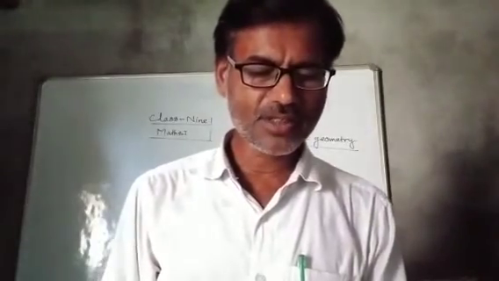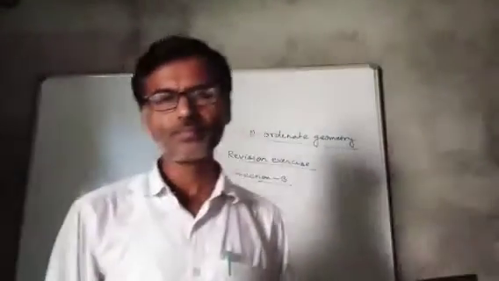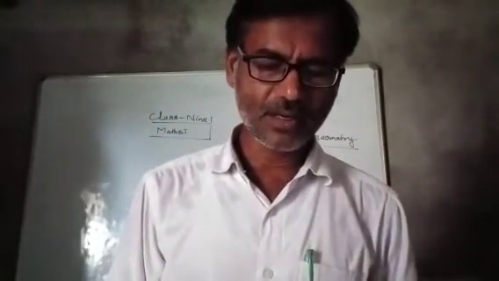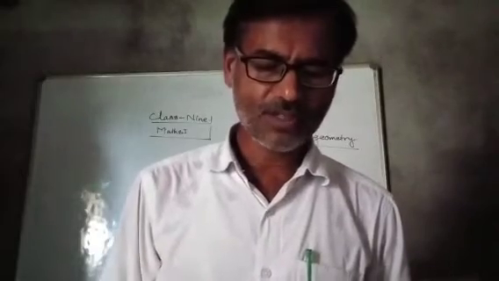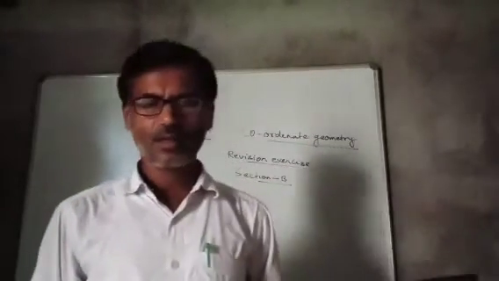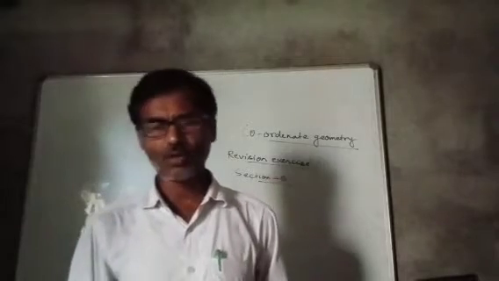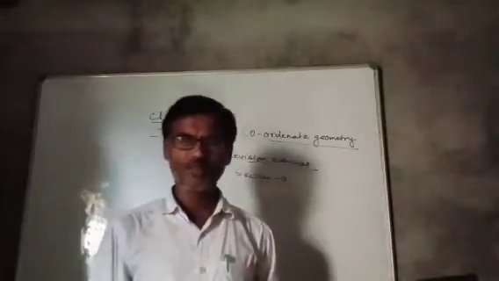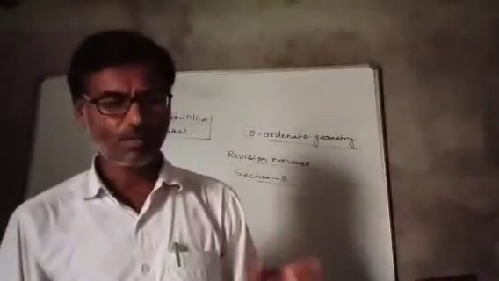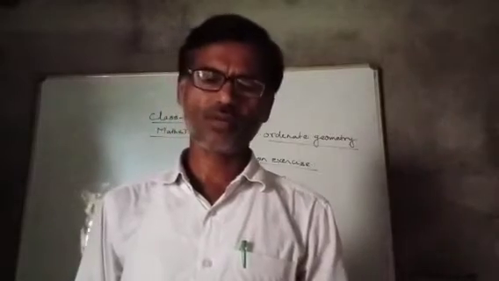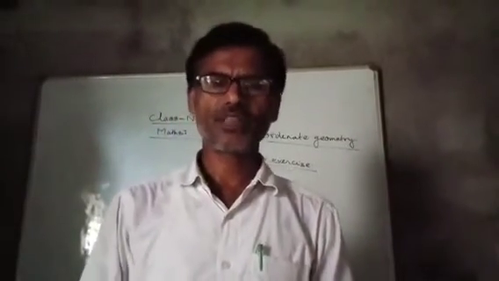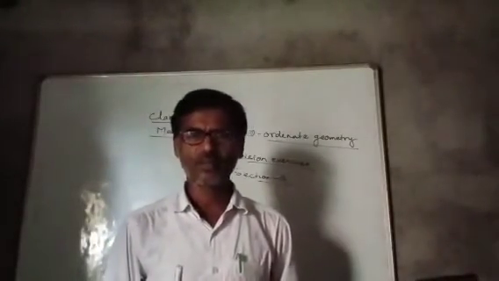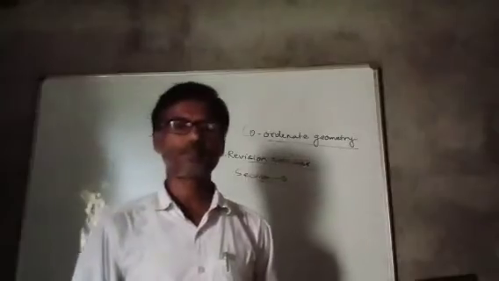Next, second: the abscissa of a point is positive. After that, 4 options are given: first quadrant and second quadrant, first and fourth quadrant, first quadrant only, fourth quadrant only. The correct answer is first quadrant. We all know, right? Abscissa means x coordinate is positive in the first quadrant. These are multiple choice questions. You can do them easily on the basis of the theoretical knowledge you have got in this chapter.